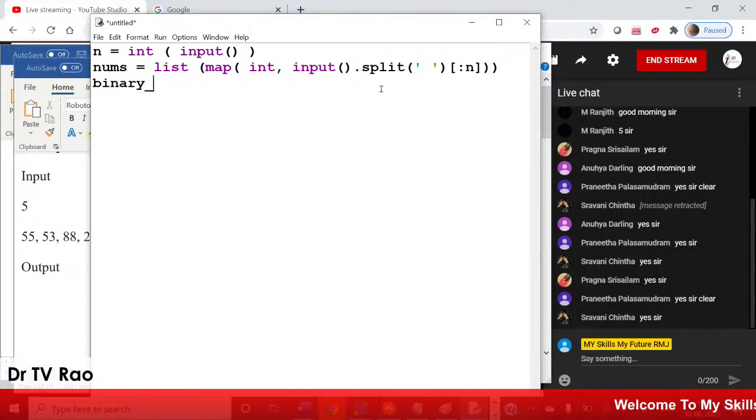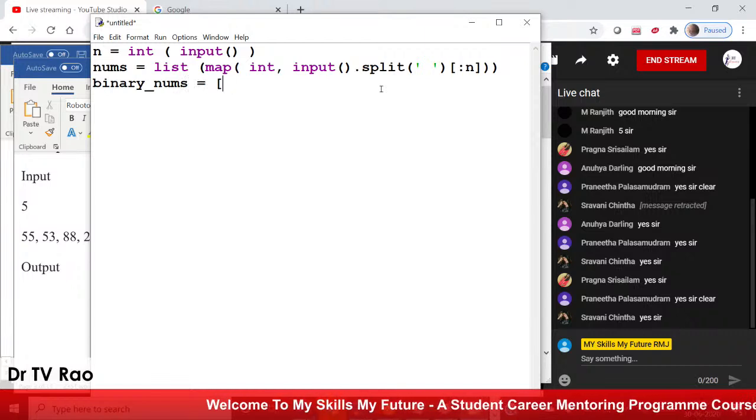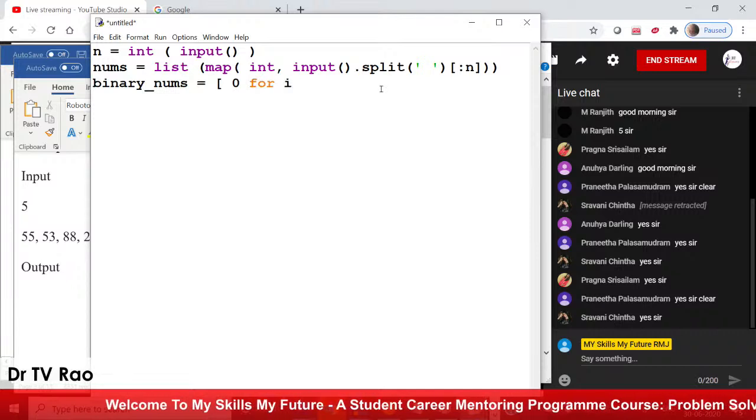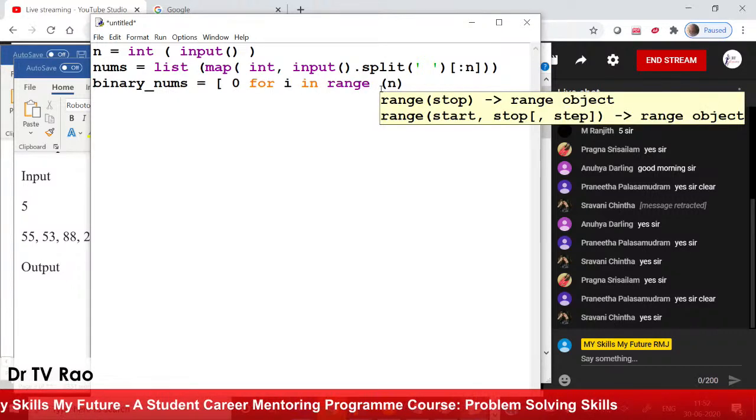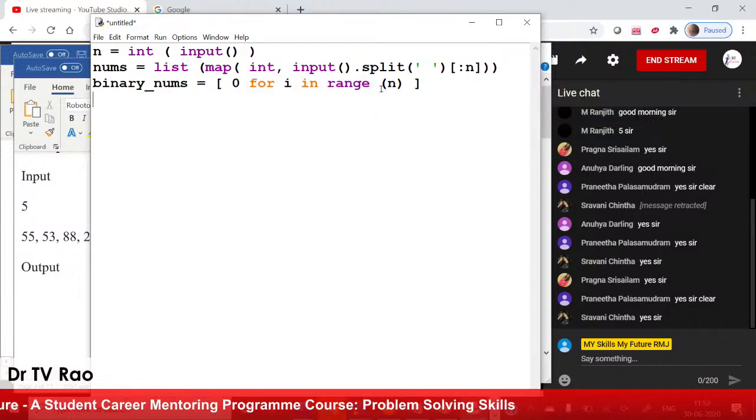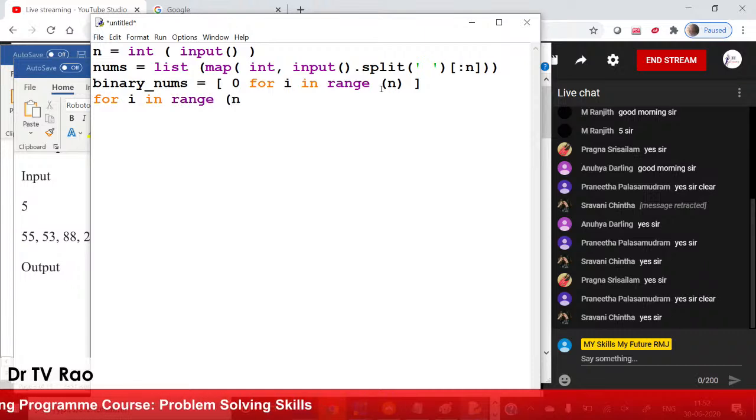Let us do one thing. Initially assume that binary nums are zero for i in range n. Now for i in range n,